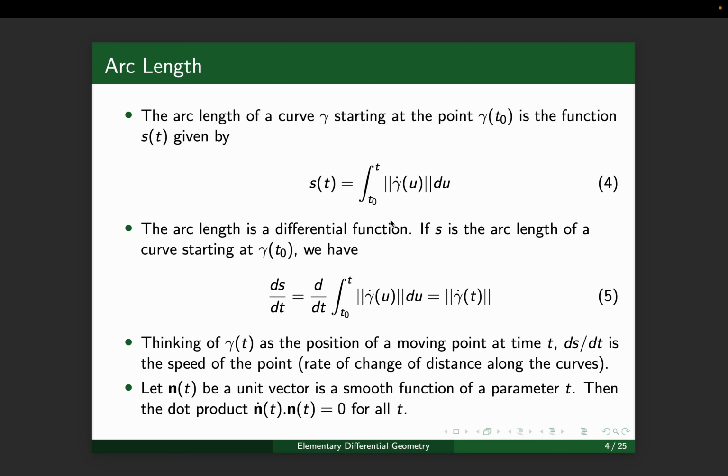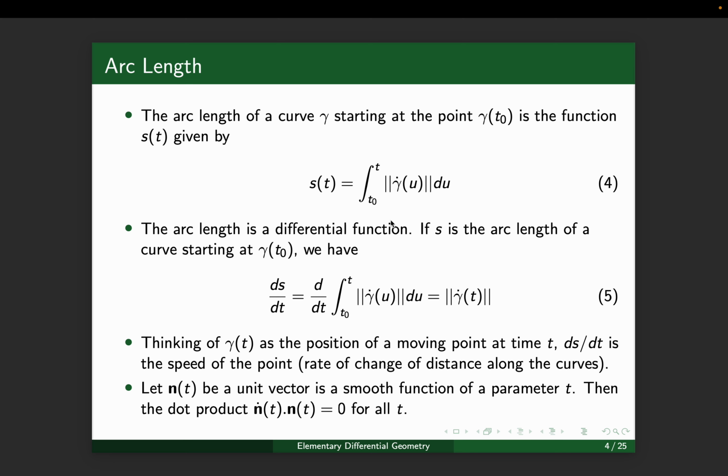So now I have to find the length of the whole curve. Then I will integrate this quantity from the initial point to the final point. This gives me the length of the curve. So s of t is known as the arc length of the curve. The derivative of the arc length of the curve gives the norm of the tangent vector. Thinking of gamma of t as the position of the curve, ds by dt will be the speed of that